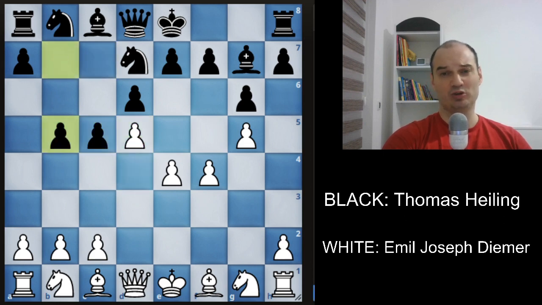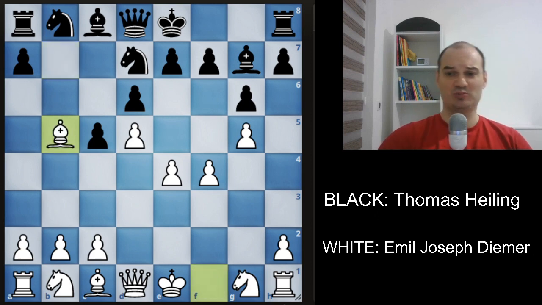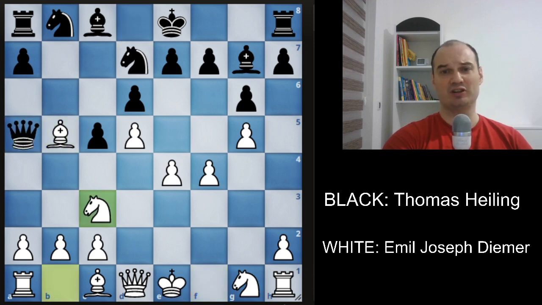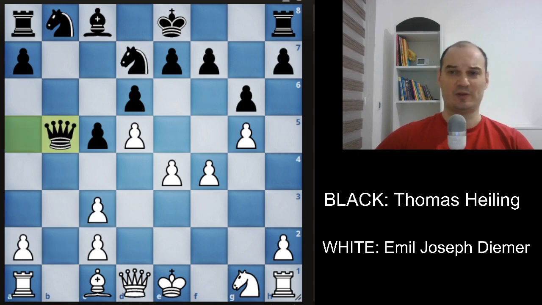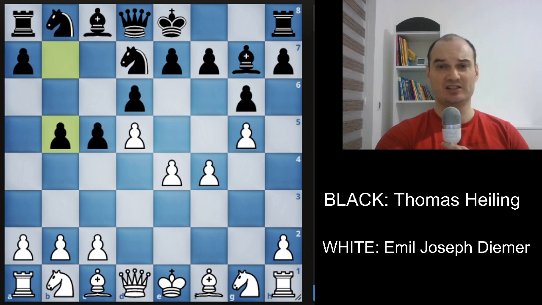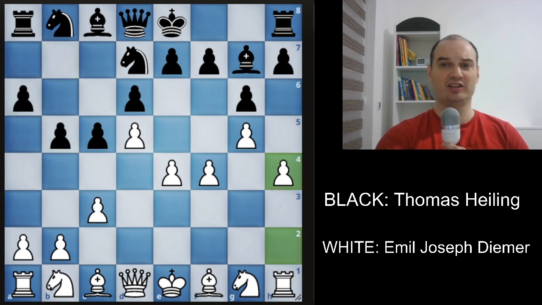It looks like a free pawn, but if Diemer grabs it, he would lose his bishop with queen to a5, knight to c3, blocking the check and defending the bishop, bishop to c3, and after bc, your bishop is hanging, and Diemer can collect it. And that's why Diemer plays c3, a6, h4, knight to b6,